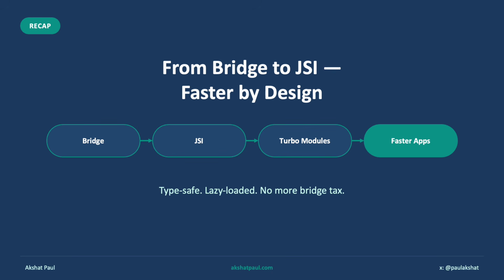So let's recap the whole journey. The old bridge serialized everything to JSON and loaded every native module eagerly at startup. That was the bottleneck. JSI replaced that with direct C++ references between JavaScript and native code. No serialization required. Turbo modules built on top of JSI to give you lazy loaded, fully type safe native modules generated automatically through Codegen. And the payoff is real. Faster startup, lower memory, and native calls that used to take milliseconds now happen in a fraction of that time. If you're still on the old architecture, this is genuinely one of the highest leverage upgrades you can make to a